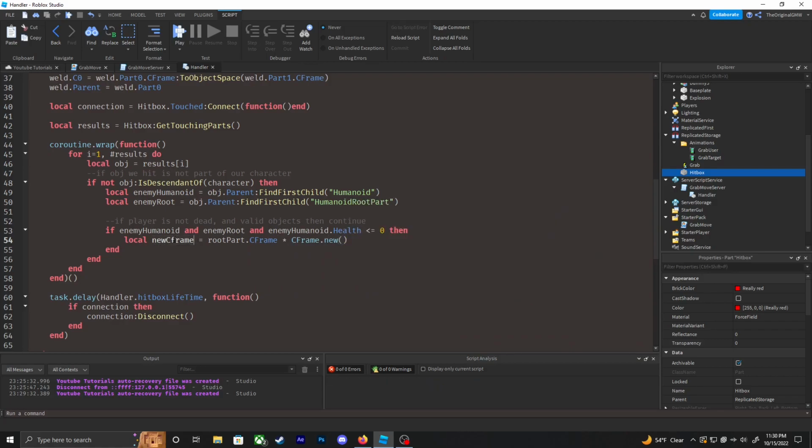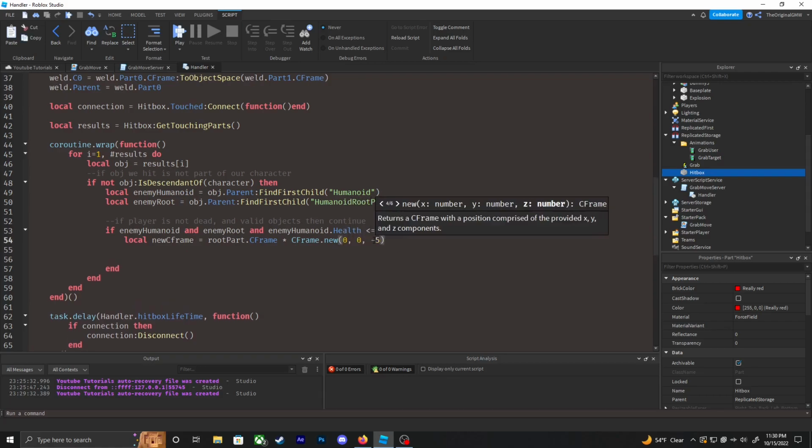And I guess we're gonna call this position actually the new position. No, new CFrame is fine. And we're gonna do 5 in front. So negative Z is always in front. Positive Z is behind you when I'm in front. So yeah. Next we need